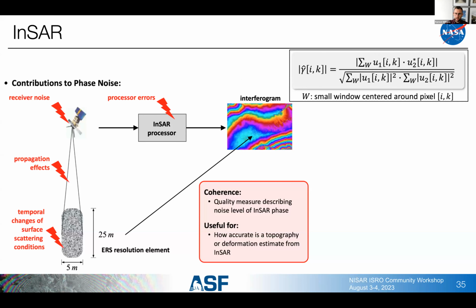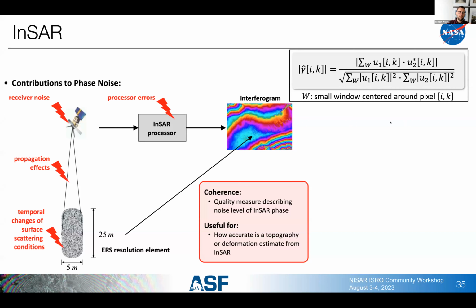And then we divide that by the magnitude of the first SAR image, summed for the local window, and squared, multiplied by the sum of the magnitudes in the local area in the second SAR image squared, and then we take the square root of that component of the equation,